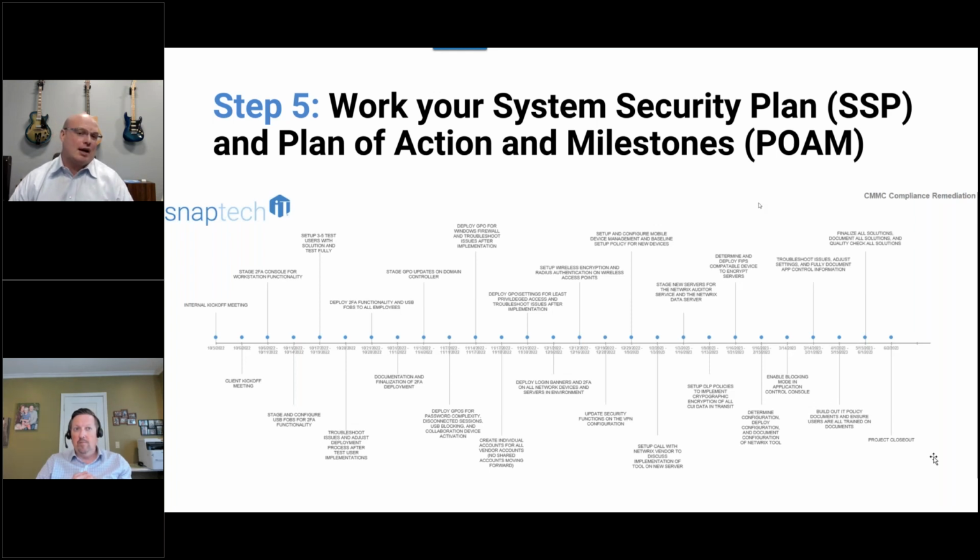They also want to see a system security plan, which I think you should think of as a policy document that says you're going to follow these controls and at this level, right? It doesn't specifically have to be a system security plan per se. Many primes are good with just any kind of information security policy, but one of the key elements, specifically when you get to level 2, is you need to have a policy that says you're going to implement the control, how you're going to do it,